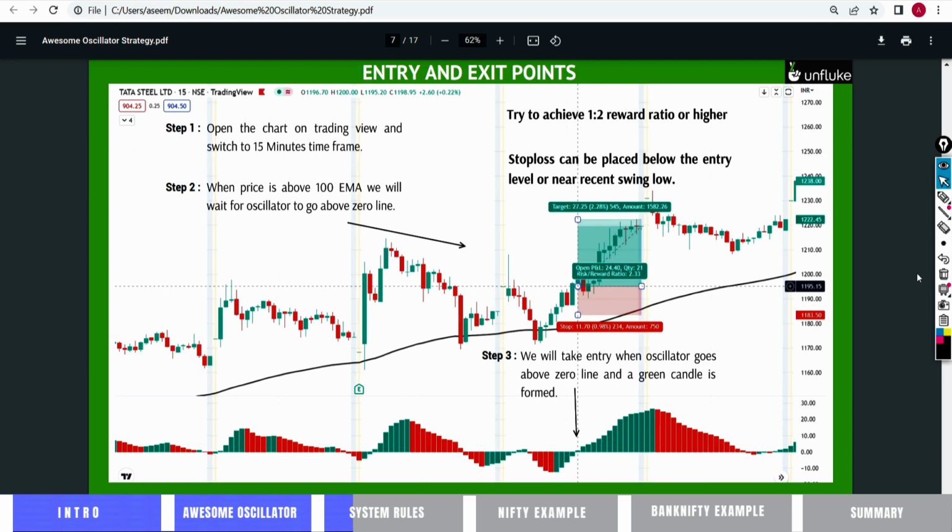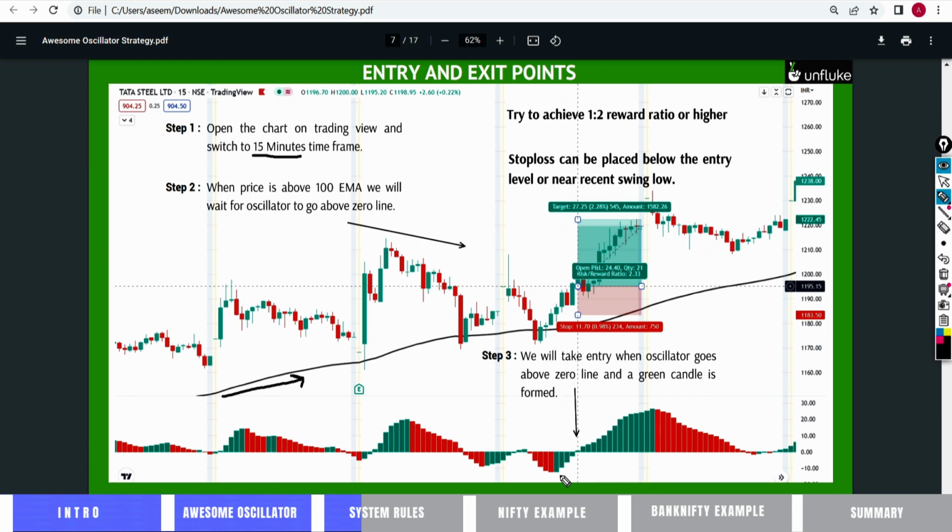So let us see some entry and exit points. The first step is obviously we'll put in our time frame. So in this example, I'm showing you Tata Steel on a 15 minutes time frame, and on the black side, this is the EMA, the black line that you can see. And you can see that the stock has been above the EMA, so we will only be thinking of long trades. Now what we want is we are looking for a time when the Awesome Oscillator